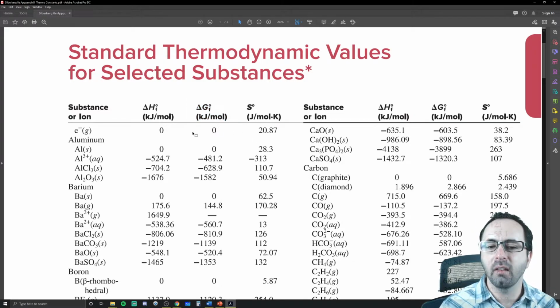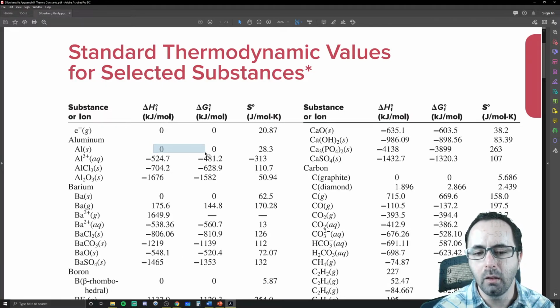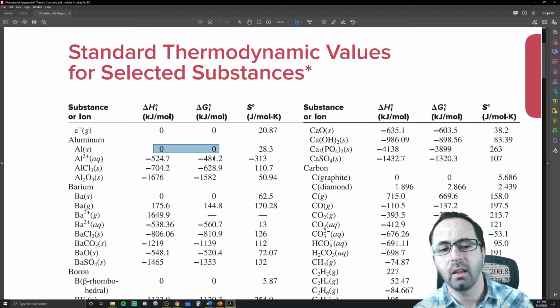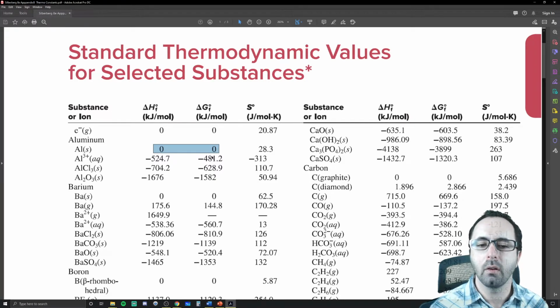But notice the difference in these here. So enthalpy and Gibbs free energy all have deltas next to them. And for an element in its standard state, the enthalpy and the Gibbs free energy are going to be 0. And this is because enthalpies, and as we'll see, Gibbs free energies, there's no 0 except one that's defined. There's no 0 like entropy. Entropy has a 0. It's when you have a perfect crystalline solid at 0 Kelvin.